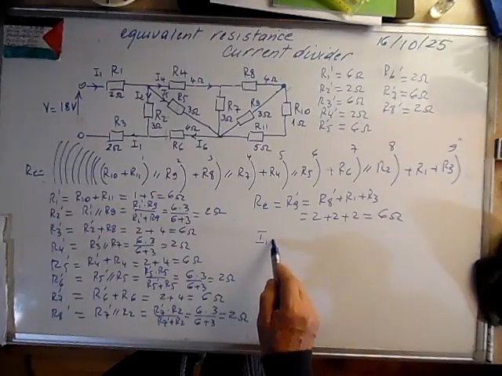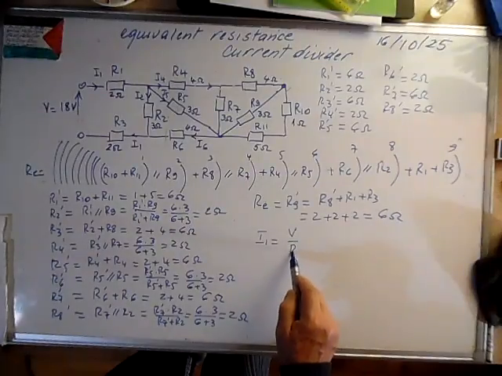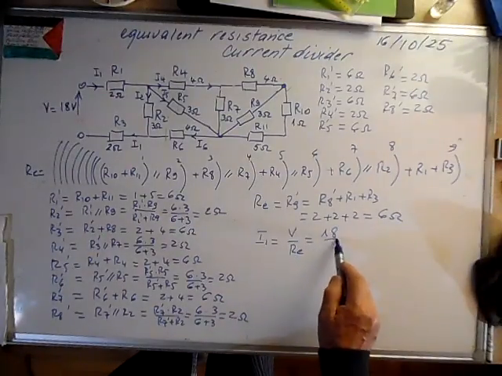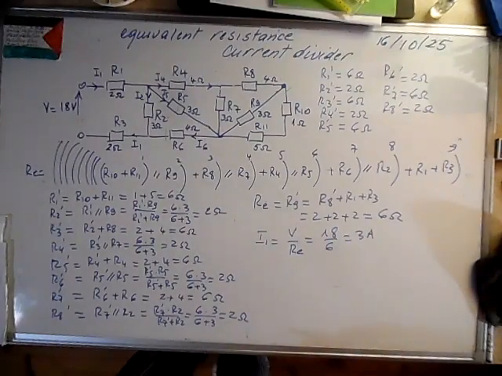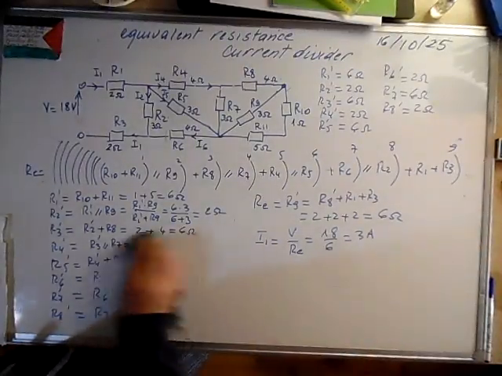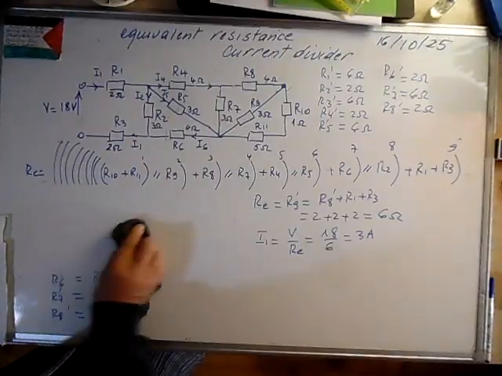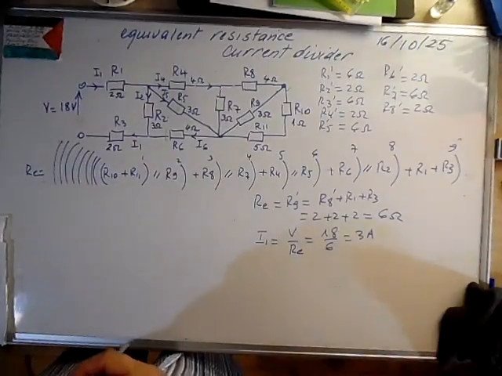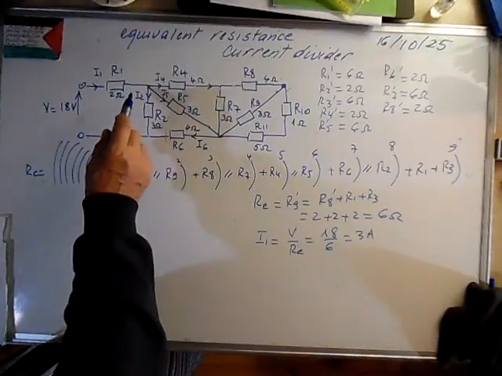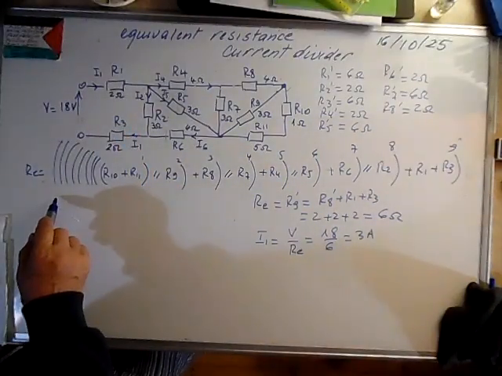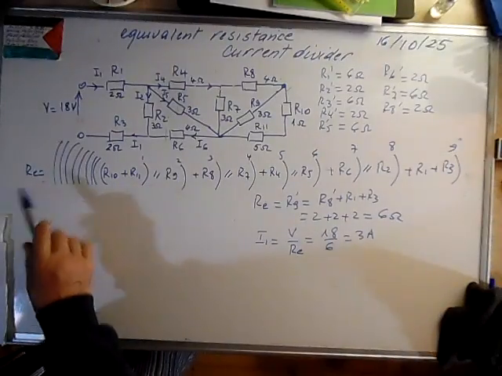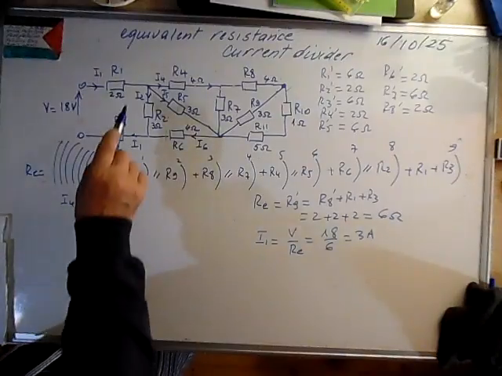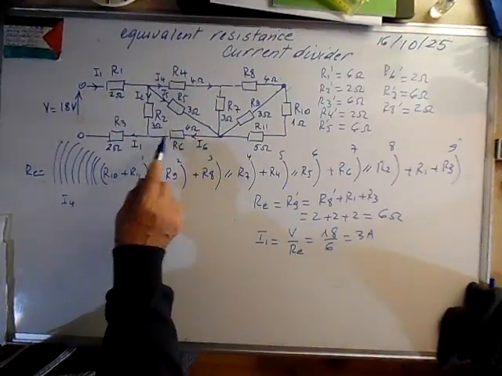Now we can calculate I1. I1 is V over the equivalent resistance, and it's 18 over 6. It's 3 amps. Now, using current divider, we can calculate, knowing I1, we can calculate I4 flowing here, and